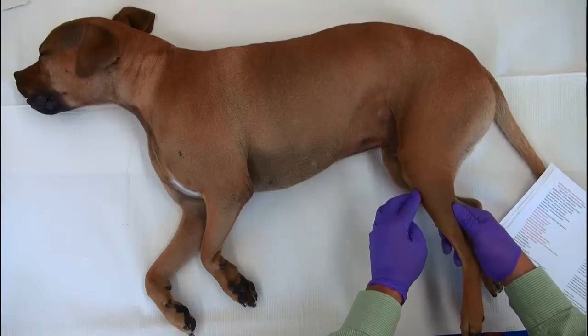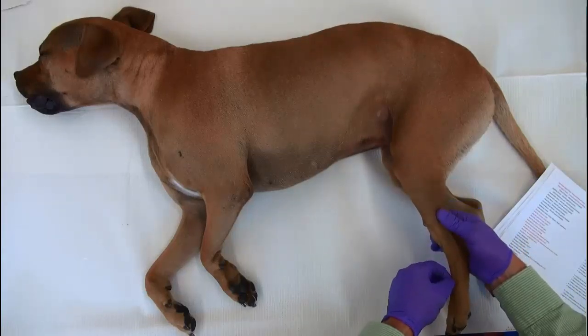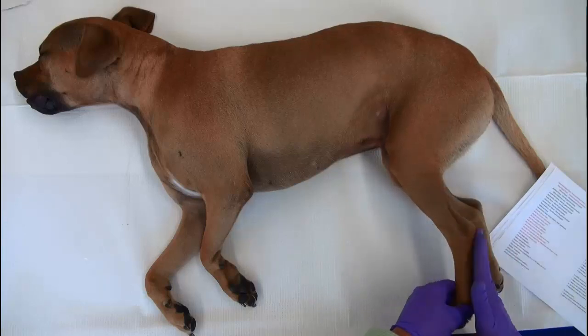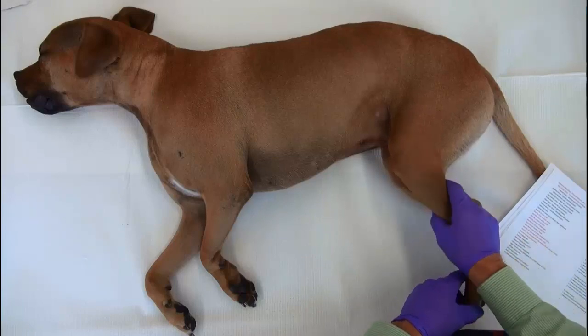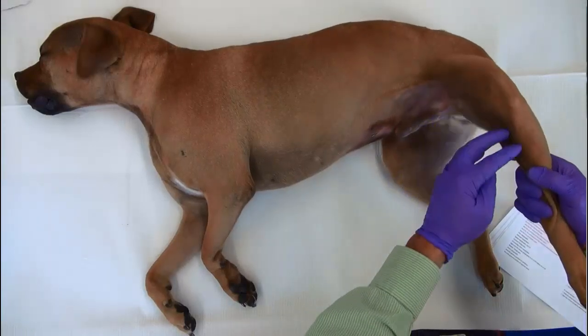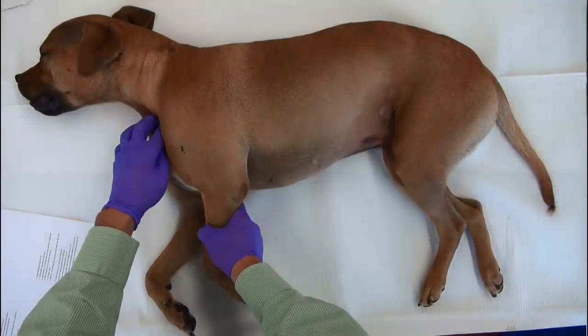So the autonomous zones for the fibular nerve are here in the cranial crus, dorsal hock, and dorsal hind paw. The plantar hind paw and caudal crus come from the tibial nerve, and then the saphenous nerve again is the medial aspect of the thigh and crus. So the thoracic inlet is this open